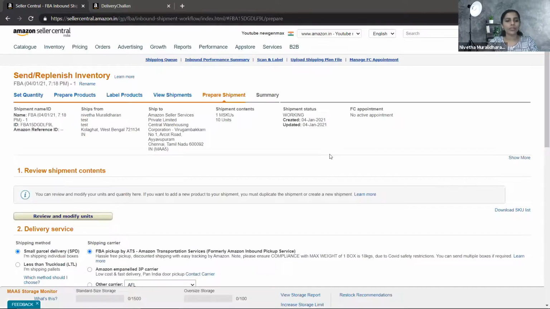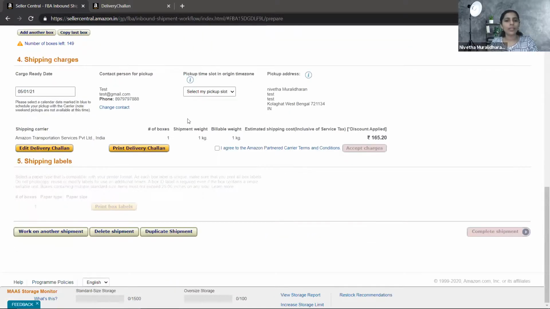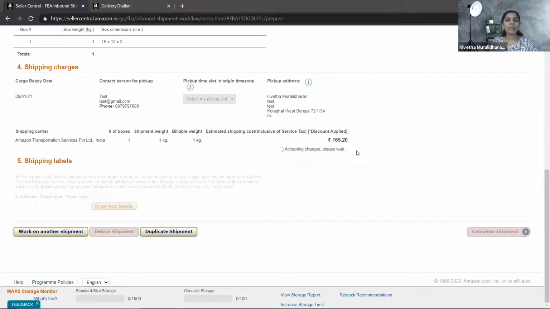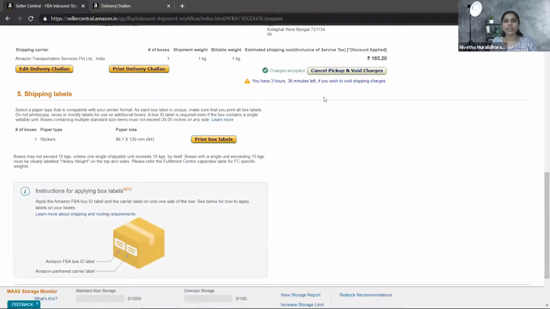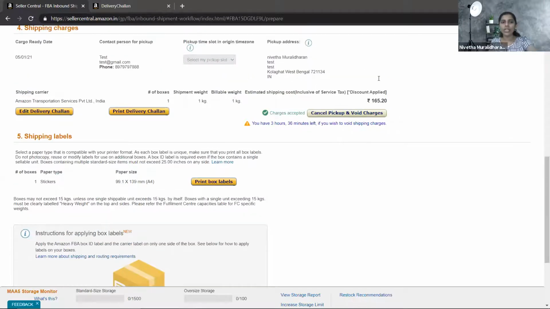Okay. So here, I'm going to click on this particular checkbox, accept changes, and my pickup is scheduled for tomorrow at the pickup slot that I have selected. Okay, it is taking time. I did not select, I guess. Yes. So the pickup is actually selected. Tomorrow there will be courier persons at this particular location, whatever location I mentioned, the test address, and they will pick up the parcels, guys.